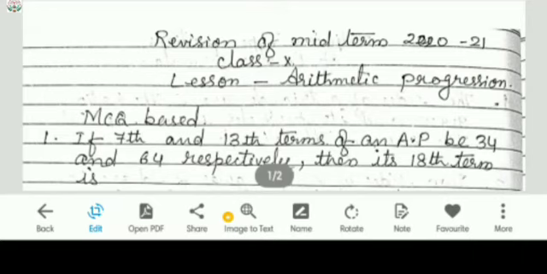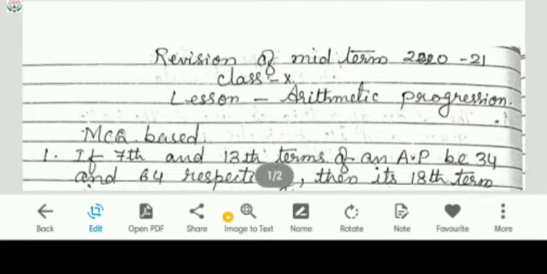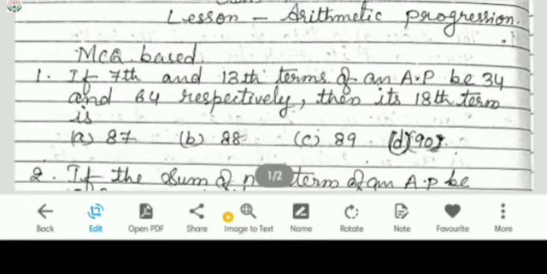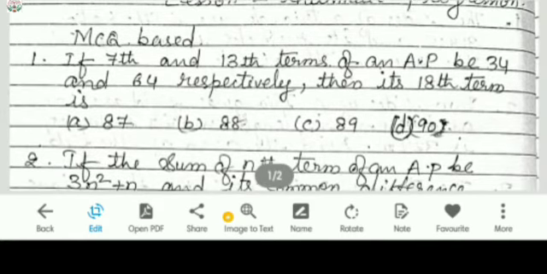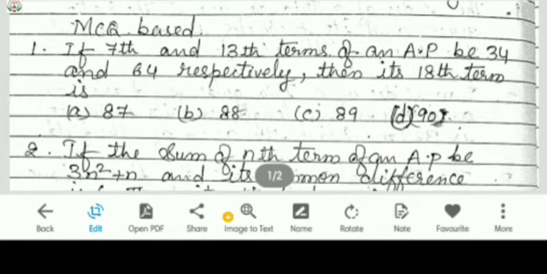Now, good morning, children. Revision of the midterm 2020-21 lesson will be arithmetic progression. Okay. Now, the first one is MCQ based. The first question is, if the 7th and 13th terms of an AP are 34 and 64 respectively, then its 18th term